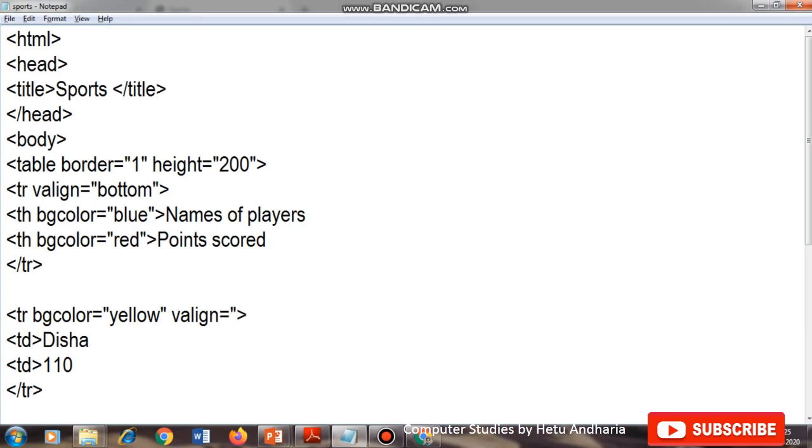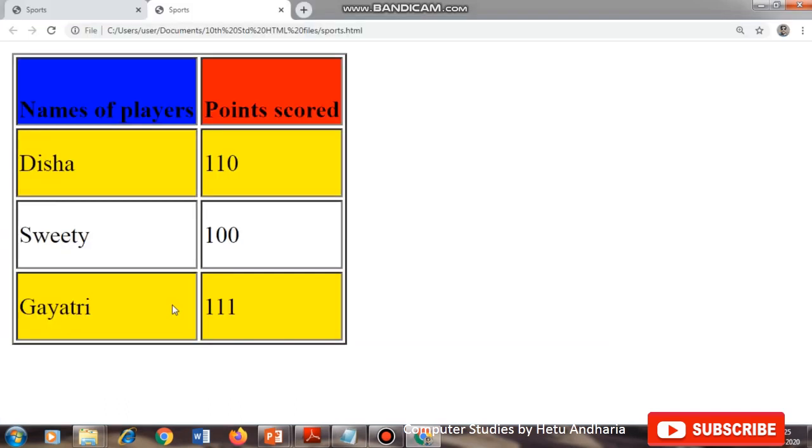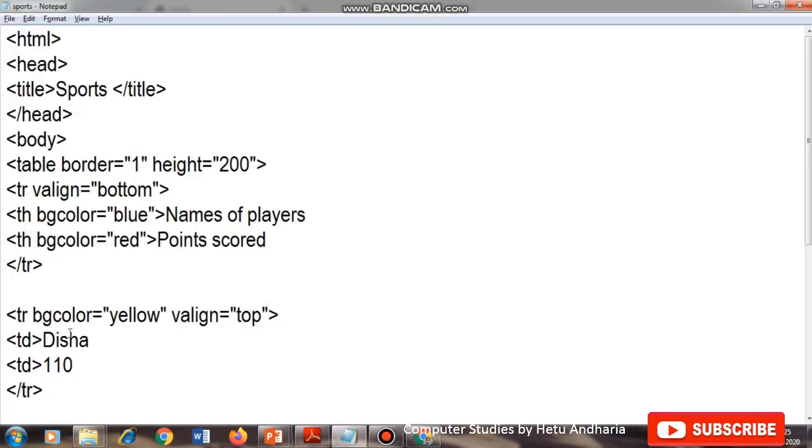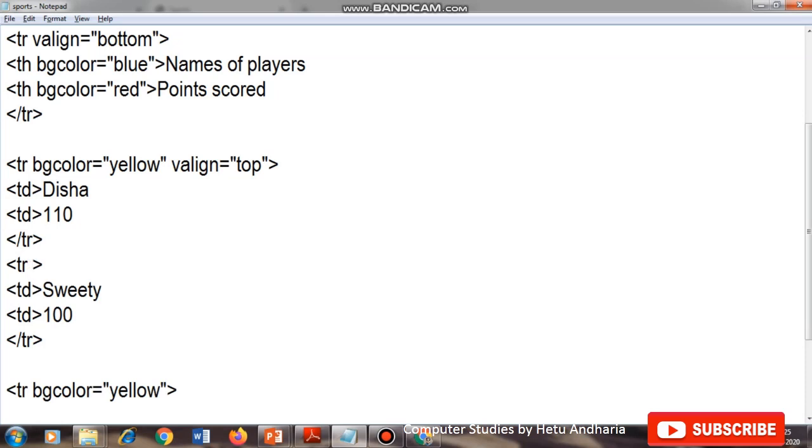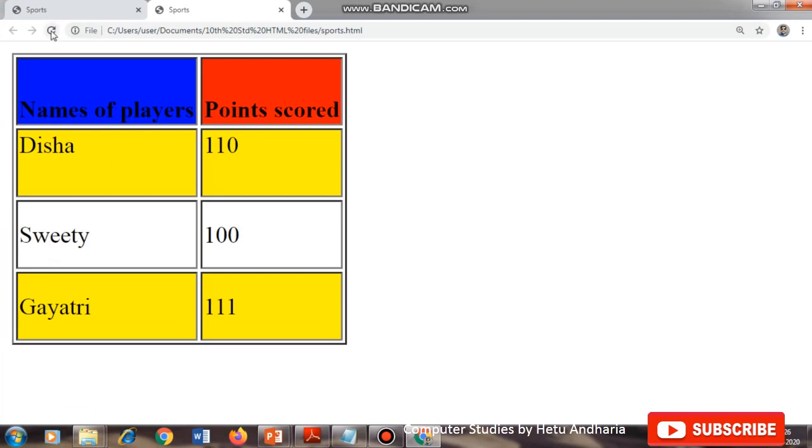V align is equal to top, so it will go to the top. Then baseline, in this row we'll do it. You will not notice much difference here. I think it is like the upper one. So these are the 4 values of V align.